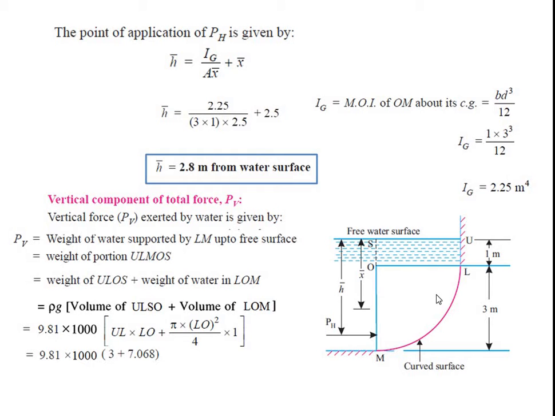So it is nothing but 9.81 into 1000, that is rho into g, times UL into OL, which is 3 into 1, that is 3, plus pi into 3 square divided by 4. So pi r square by 4 into 1 is nothing but 7.068. So therefore the final PV can be given as